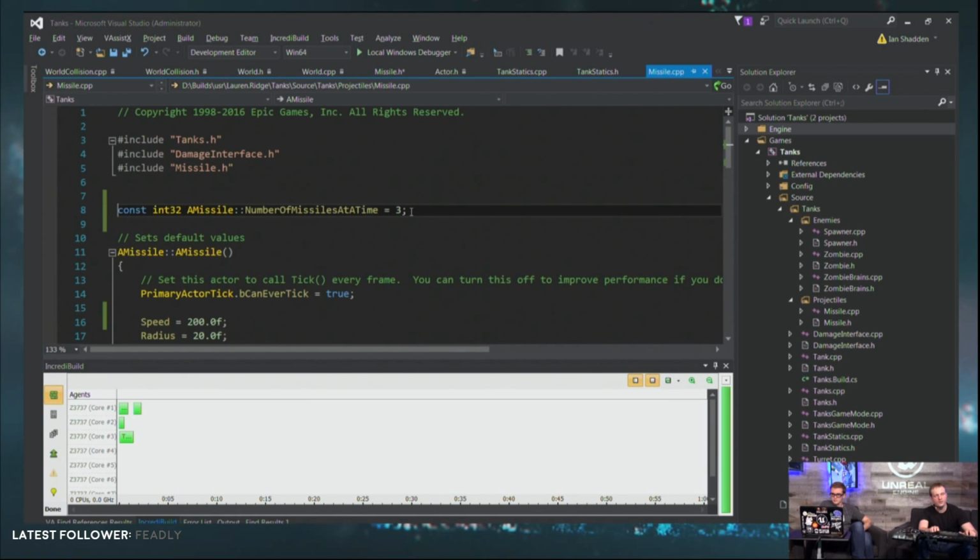So here's the catch that I'm getting to. This is a great thing to do because as it's static, and we will get into what static is in a minute, anywhere in the engine that knows what a missile is can ask a missile, how many missiles can we have at a time, and get this variable back. Anywhere in the engine. You don't actually have to have an instance of a missile to ask this question. That's what static is. Static refers to the class itself, not an instance of that class.